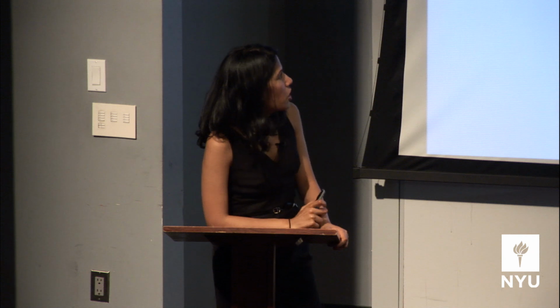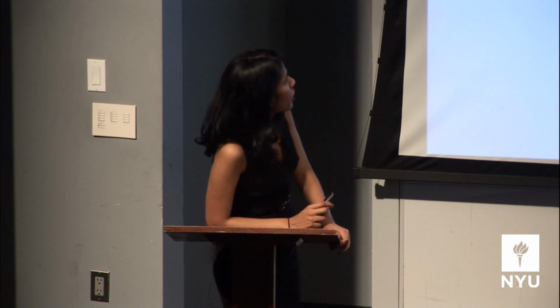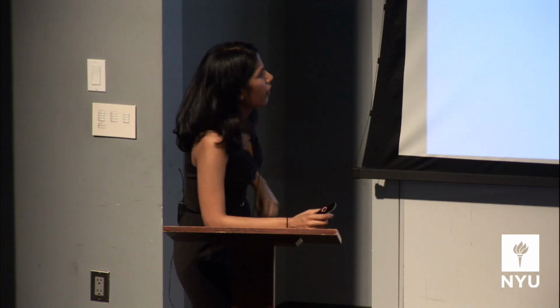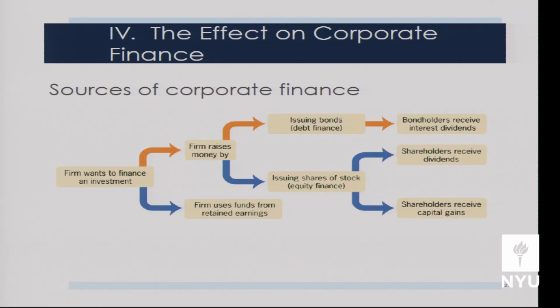Okay, so let's go ahead and talk about how the structure of the corporate income tax can affect the way corporations choose to finance their investments. Let's think about where companies get money, right? Let's say the firm has a project. It needs to make an investment, and it needs $1. It wants to finance an investment, right? It has two ways it can finance this investment. It can go out and try to raise money from other people, or it can use its own funds, right? Its own funds are what we call retained earnings. So it can go to the market and try to get money, or it can use its own money.